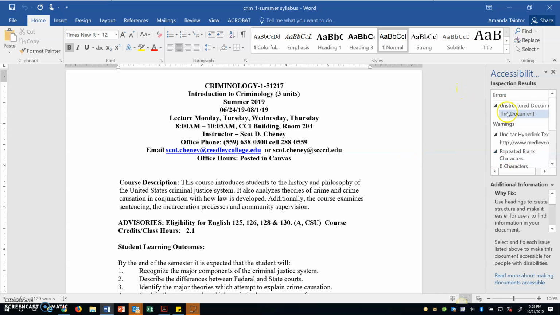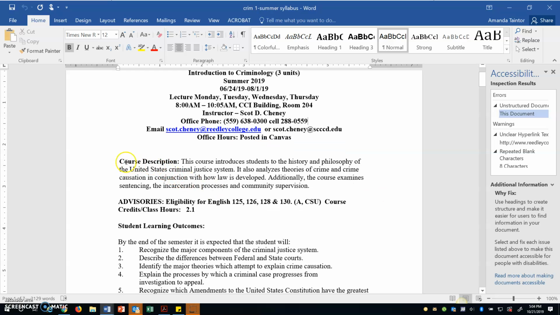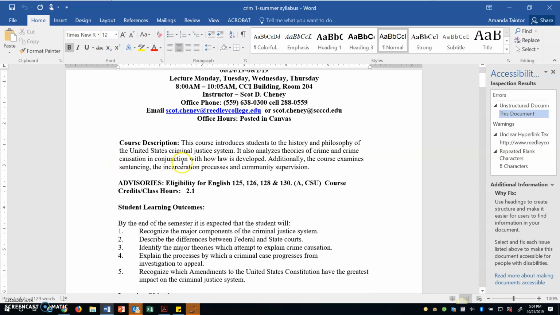The unstructured document is letting you know that there are no headings applied. And headings are these bars right up here at the top, and you can see as I'm going over there changing, now that's just aesthetics. What headings allows is for students who are using a screen reader to be able to see these different levels that you've created visually. So visually, to make this information stand out, you've added it as bold and set it